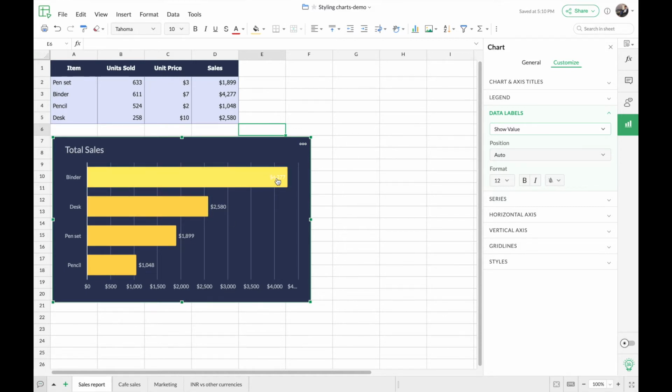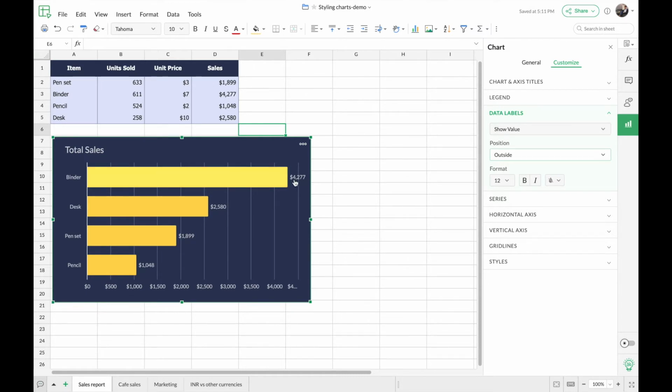So in the first data bar, you can see how the data label is positioned inside the bar. So always when you're inserting or adding data labels in your chart, make sure to maintain consistency in their position so that it looks neat and professional. So now here I'm going to position my data labels outside the bars. So I'm going to choose outside from the positions here. So now you can see how the data labels are all positioned outside their respective bars.